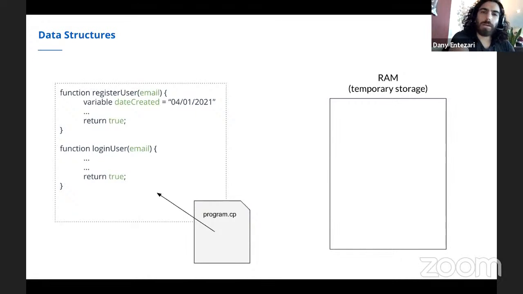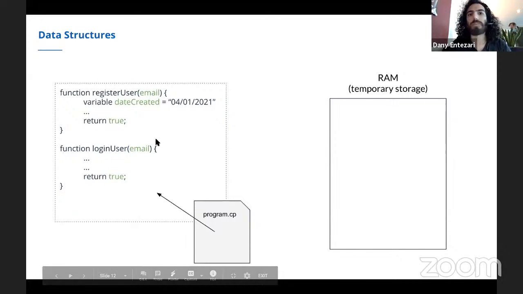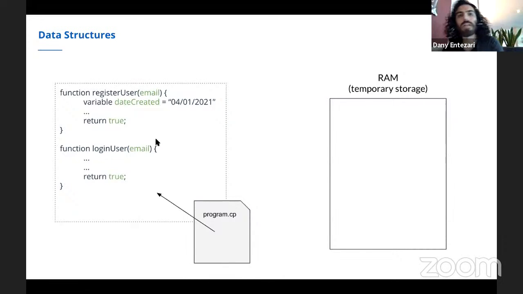Now, when the computer is reading the contents of the program, for example, here we have program.cpp, which is, let's say, a C++ program. Algorithms written in C++, that's the program. When the computer starts to read the contents of the program, different components of this algorithm will be put into the temporary storage. I'm sure you've all heard of the acronym RAM, random access memory. Random access memory is one type of temporary storage.